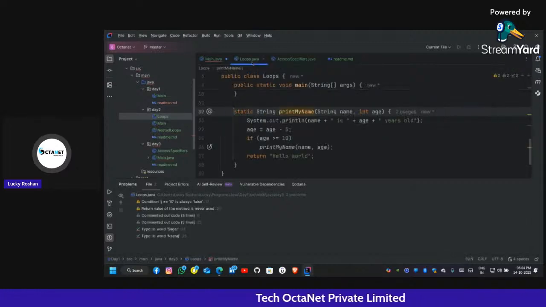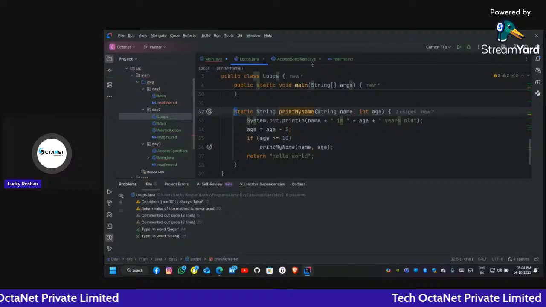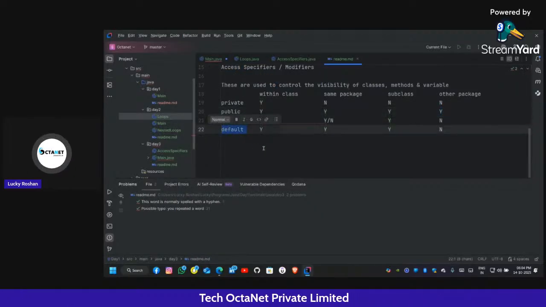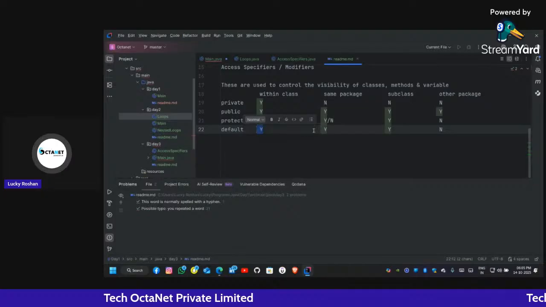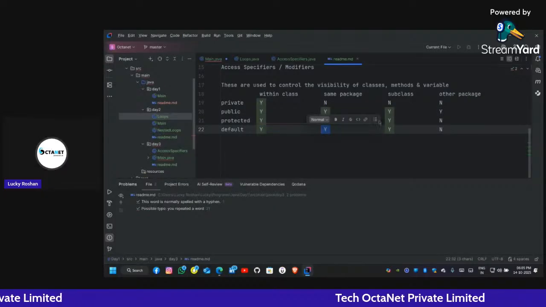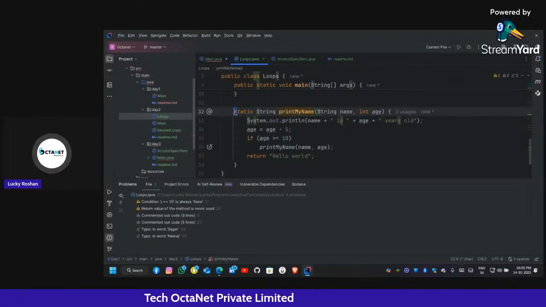But in loops.java, I have not declared any access specifier, so by default it is the default access specifier. In default access, we can access it within the same class and the same package. But here in day 3, we are in a different package and cannot access it. So to access it, we have to make this public.